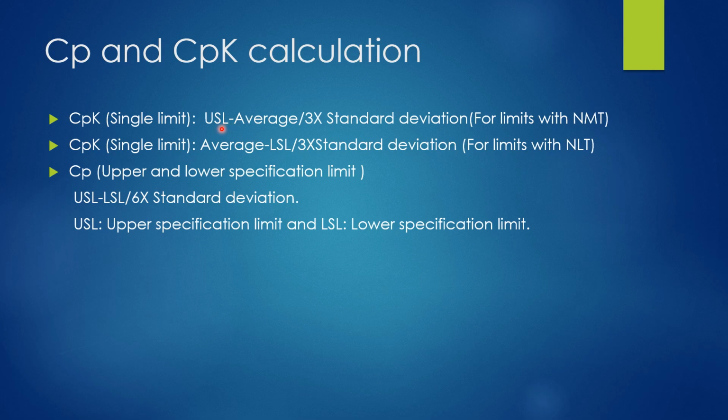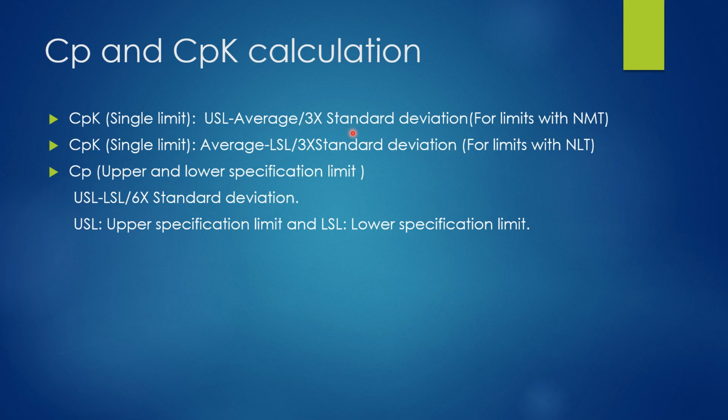Here USL means the upper specification limit. For example, if my upper specification limit is not more than 0.10, then I have to take 0.10 minus the average that I have got, divided by 3 into standard deviation,